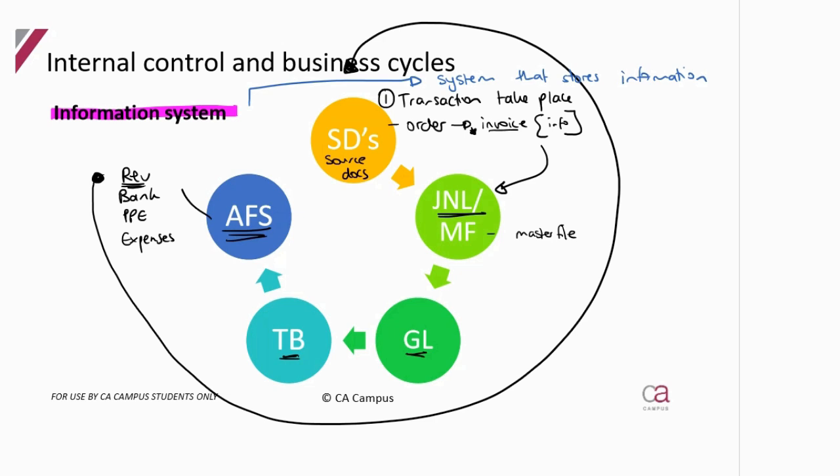So things like having different people responsible for different stages. In this process, the person who takes an order is not the same person who gets the invoice, is not the same person who creates the journal, is not the same person who creates the general ledger, TB, or the financials. They have different people throughout the different stages. That makes me a little bit more comfortable, because if one person's doing everything, there's huge room for errors and also manipulation. I need to understand if their source documents have a numbering system